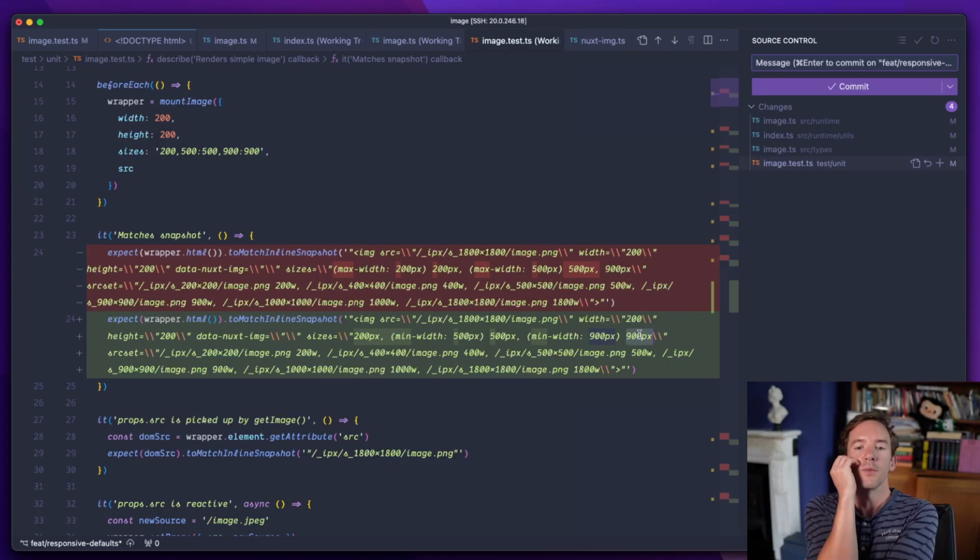Okay, now the question is if we need to change this behavior, because this is obviously quite breaking because it changes the format entirely. So should it be